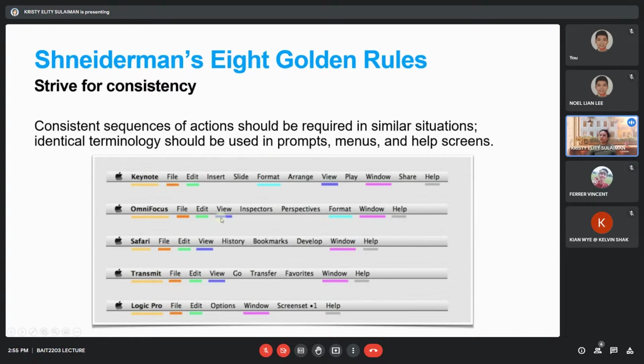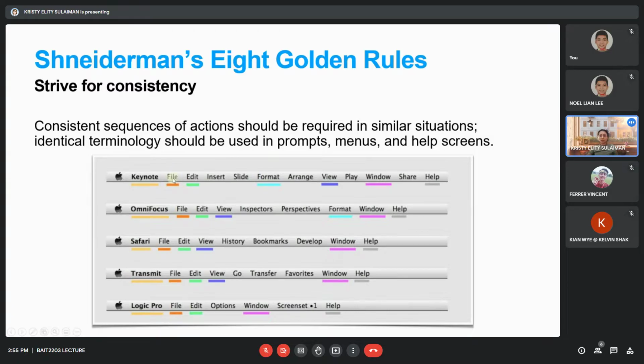If you notice, the placement of the menu and the submenus are all at similar positions, right? You have the name of the app, the name of the software, and then File